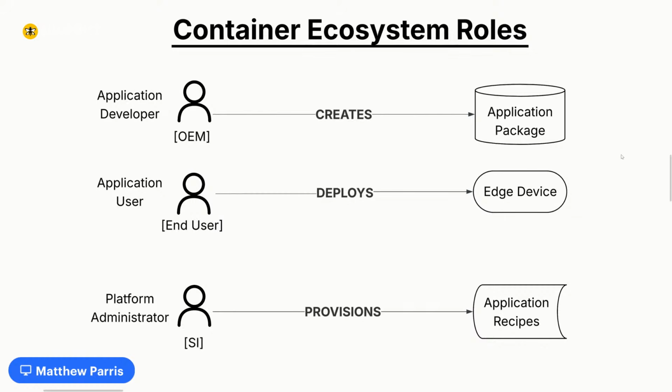Then there's the application user. This is the role where they're interested in the application. They're aware that the application exists out there. Maybe it's on Docker Hub, and they want to actually deploy it to their edge device so that they can start to use it. But what's missed, and what's starting to become more apparent when you're dealing at scale, is